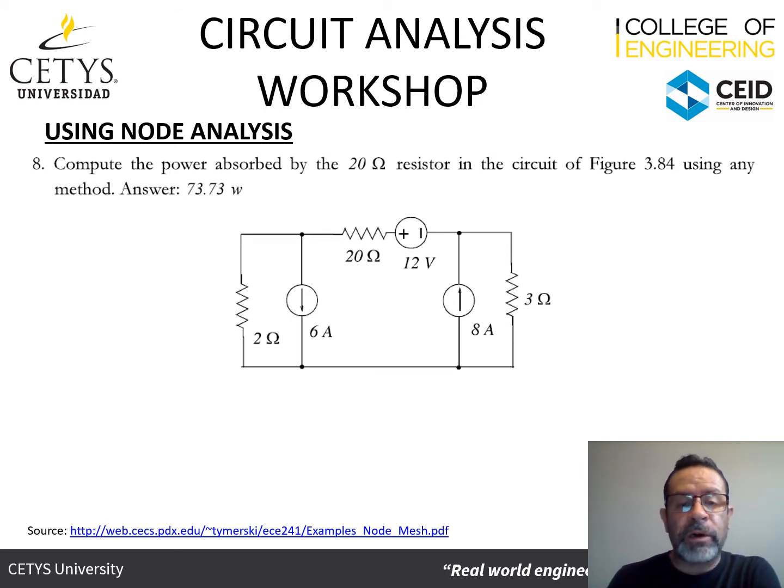And so we're going to identify the node A up here. We're going to identify the node B up here on the top right, and we're going to identify a node C here in the bottom. Now, notice that we've got 2 points here at the bottom, but the points don't have anything connected in the middle, so that is the same node that's going to be called node C. Okay. Now, whenever we're doing node analysis,